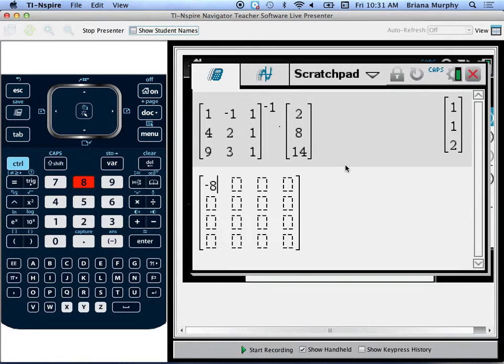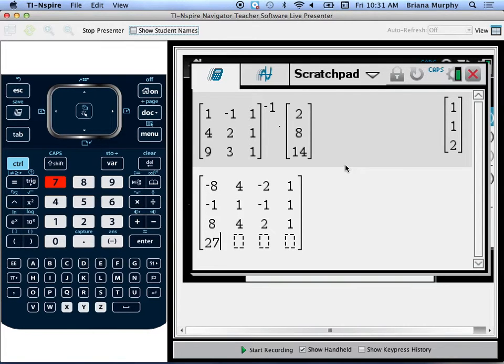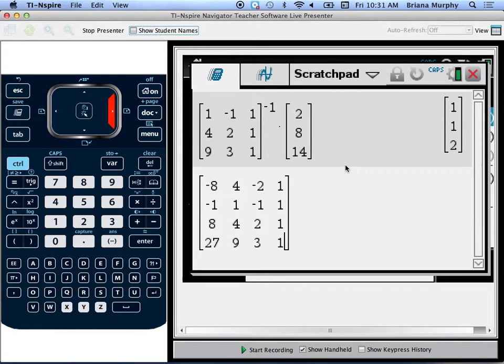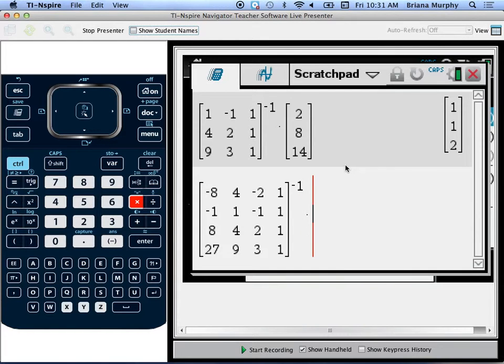I like the tab button. 4, negative 2, 1, negative 1, 1, negative 1, 1, 8, 4, 2, and 1, 27, 9, 3, 1. And I'm going to raise it to the negative 1, times that by